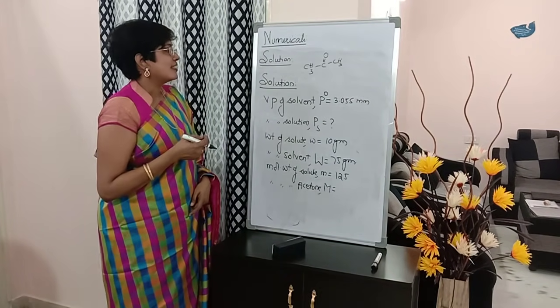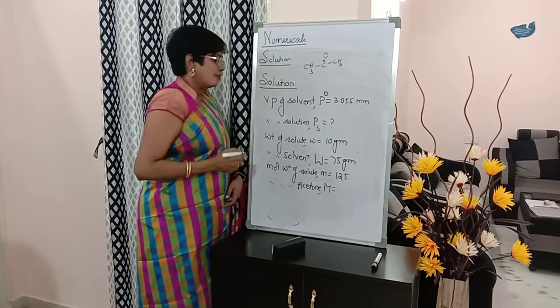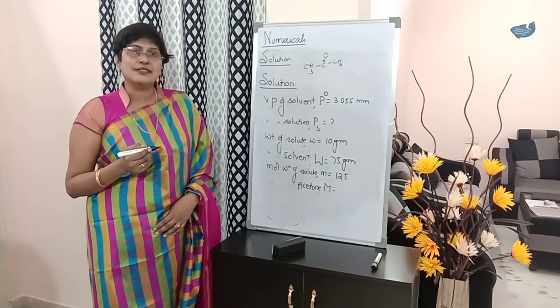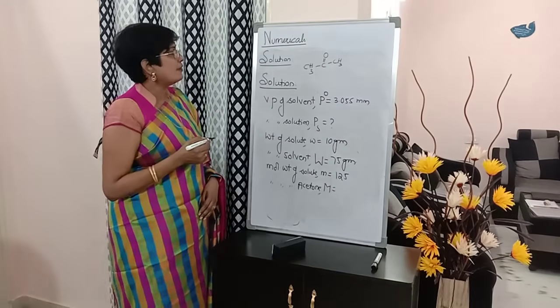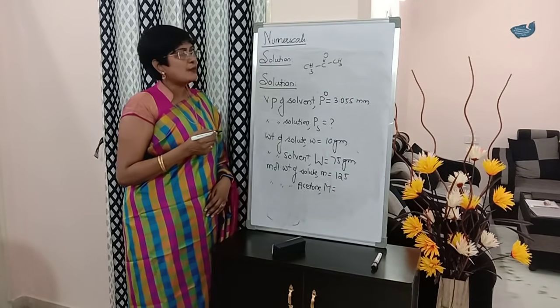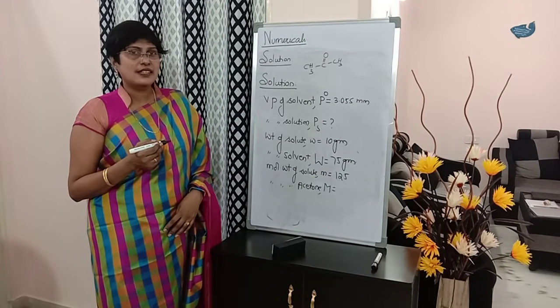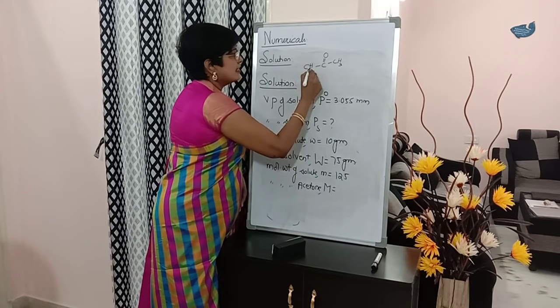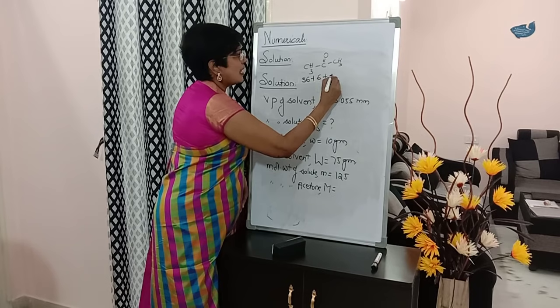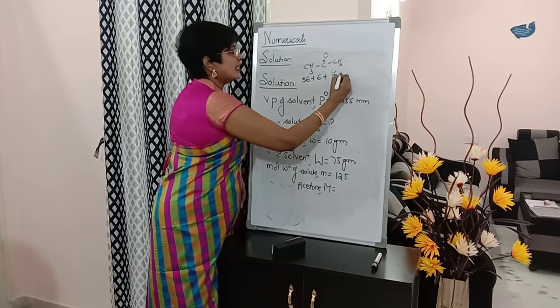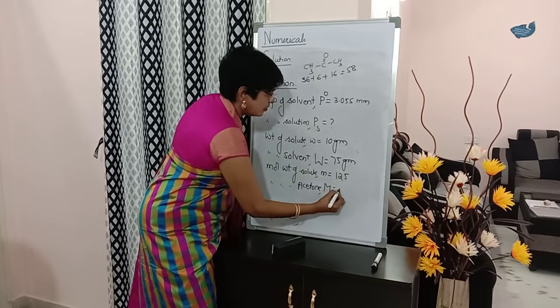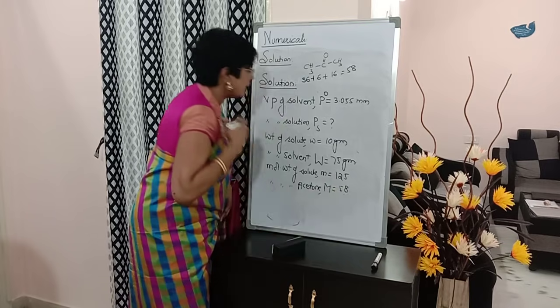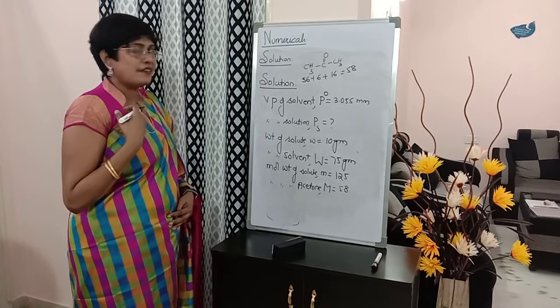Okay? So, right. And now tell me, what is the molecular weight of acetone? M is equal to, how many carbons are there? 3. 3 12s how much? 36. Plus 6 hydrogens, 6, plus 16. How much, students? 58. So, write down here 58. Okay. So, this is the data given, students.